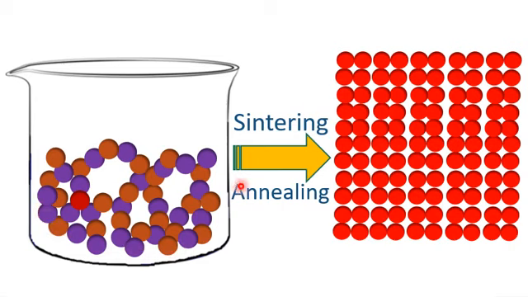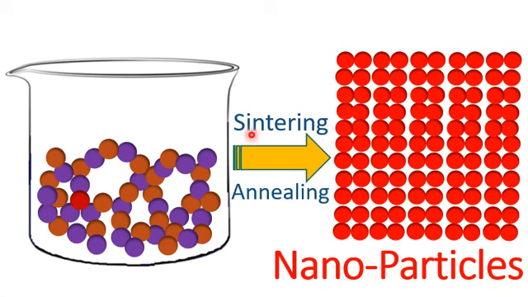Okay, so please note that when the dry gel is annealed and sintered, we get different types of structures, and they are indeed nanoparticles, but we still need a pestle and mortar to crush them further and convert them into single phase nanoparticles. Okay, so the sintering and annealing in the sol gel process play an important role